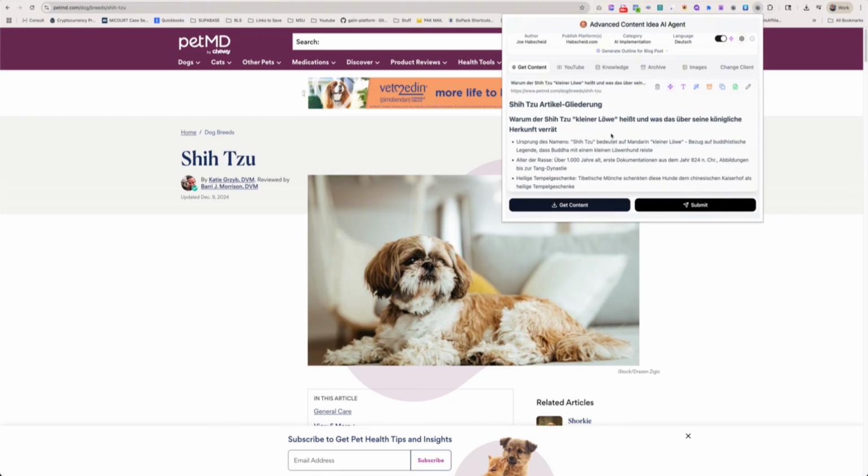So that's basically it. That's the quick overview of what this Chrome extension can do, and it is currently on